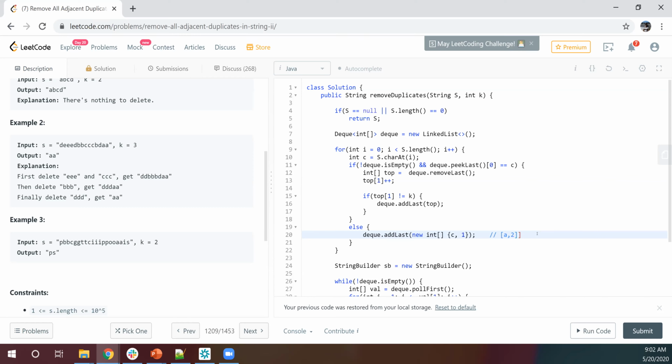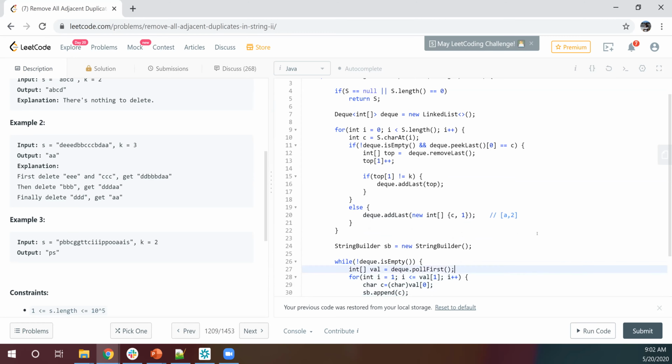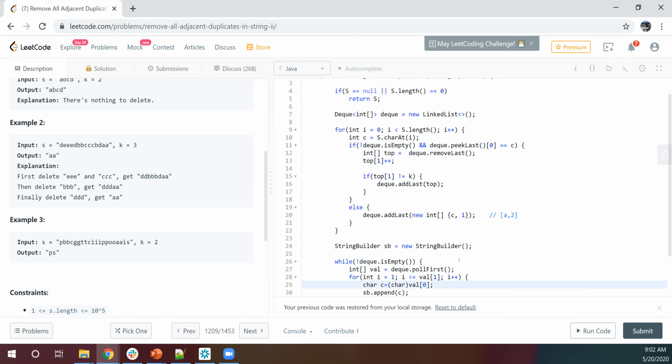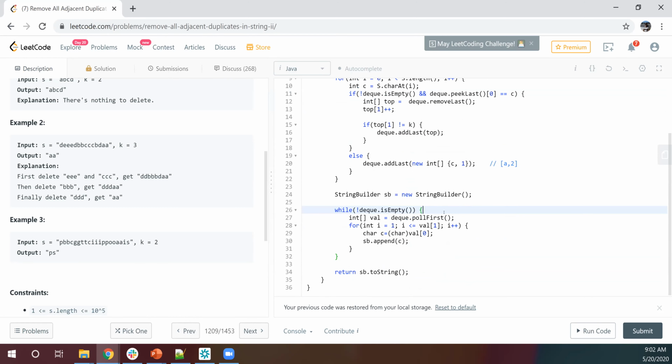So we are basically using a last-in-first-out approach, a stack, right? Till this implementation, this is a stack. You're right. To remove things at the end, a deque would be used where I want to poll from the start, or I can still remove things from the stack and reverse them at the end.